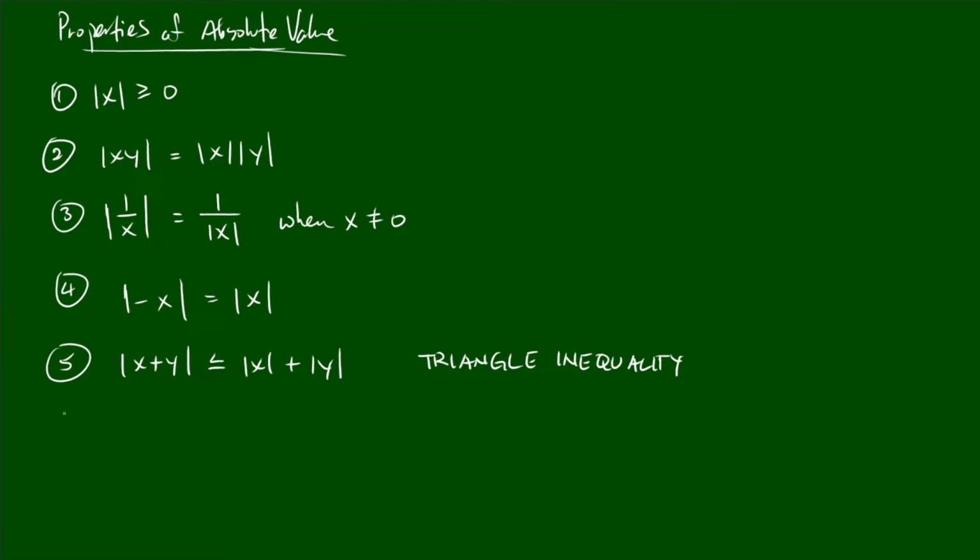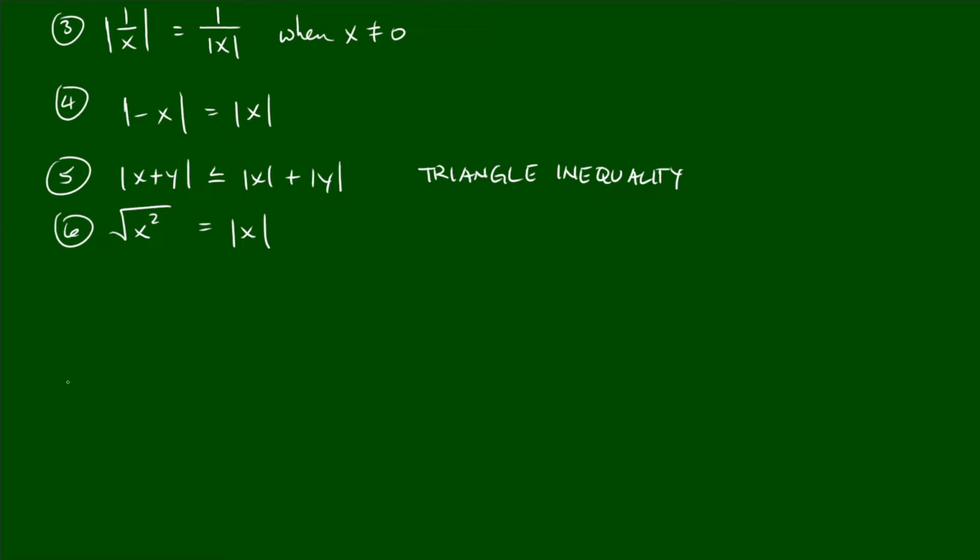That's just one example. The last property is that the square root of any number squared is exactly the same as its absolute value. Now let's look at a brief example. Let's say you have